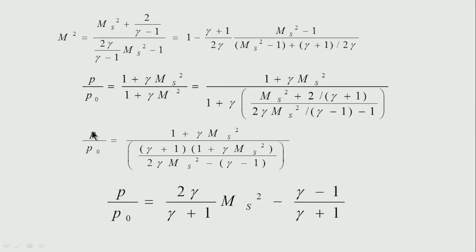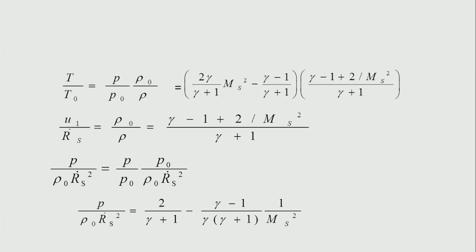P by P0, we got it as equal to 2 gamma by gamma plus 1 into Ms square minus gamma minus 1 divided by gamma plus 1. Supposing instead of having P by P0, I am interested in the value of pressure divided by the dynamic pressure, that is rho 0, the ambient density, into Rs dot square, and I am interested, instead of p by p 0, in p by rho 0 Rs